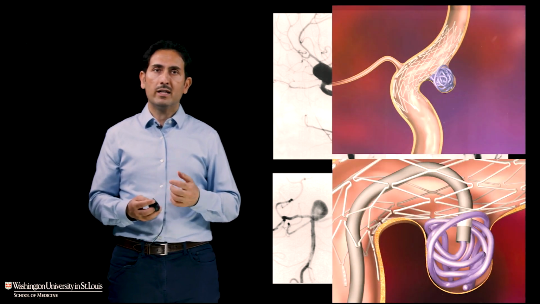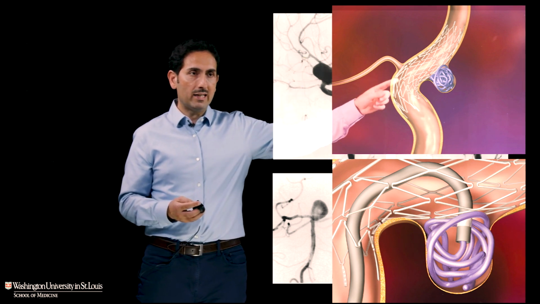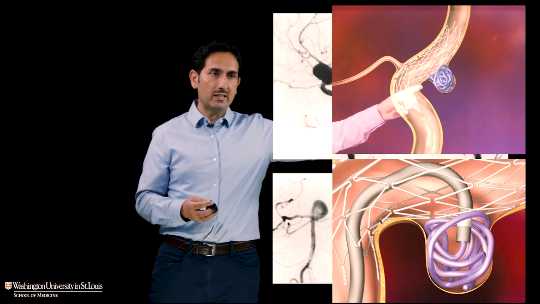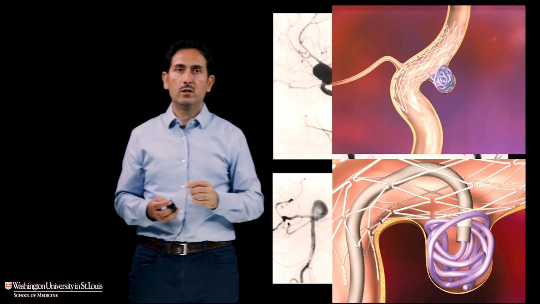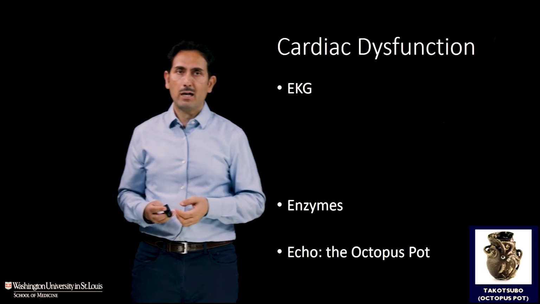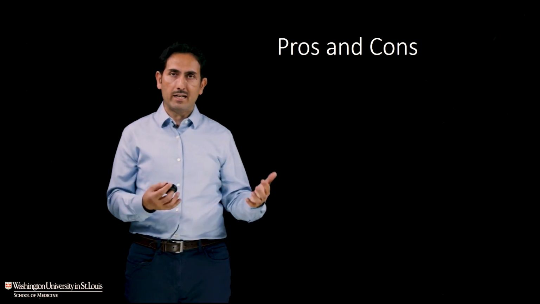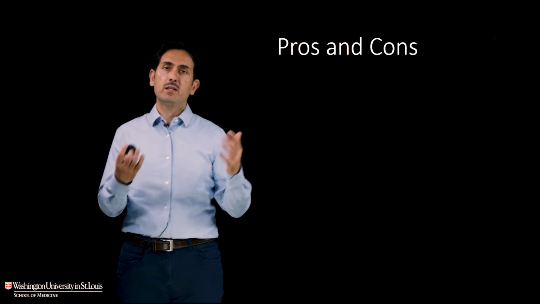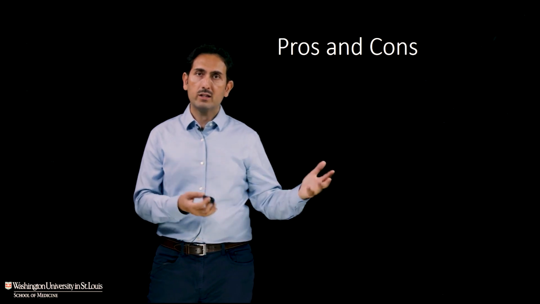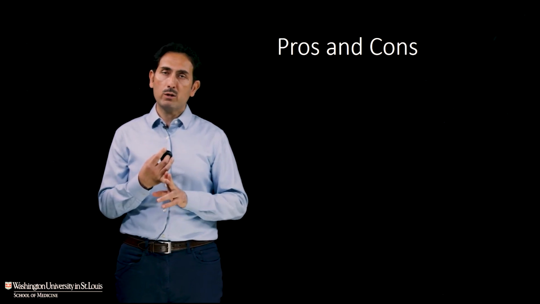And this just shows an example of a stent where you can put a stent across the artery, and that allows those coils to stay inside the aneurysm and not float out. So there's a lot of new techniques for treating aneurysms. And so that was the pros and cons: we have surgery that's more durable, long-lasting, but has risks up front, and coiling or endovascular, which is less invasive, but less durable, and may need retreatment.